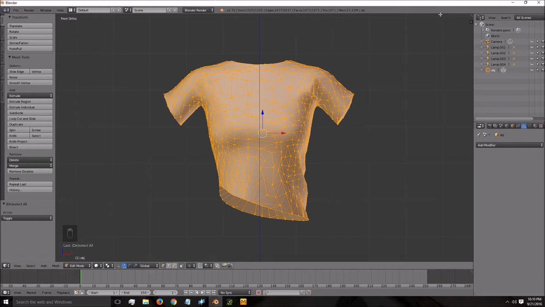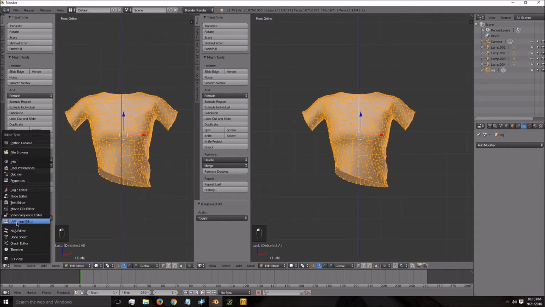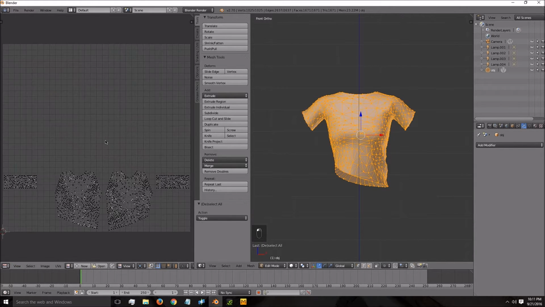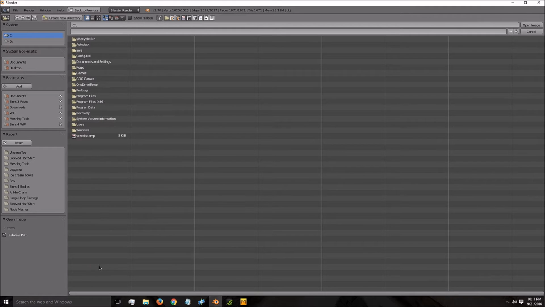You can do it, well, and then if you grab it, you can just go to UV image, but whatever, I'll just keep it here. You can do either way though. So go to UVs. Oh, I'm sorry. Go to open, and then I will link The Sims 4 UV